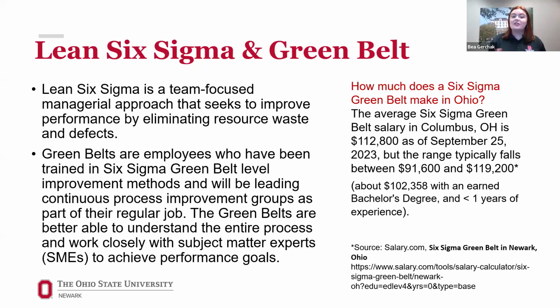All right, let's talk Lean Six Sigma and Green Belt certifications. Lean Six Sigma is a team-focused managerial approach that seeks to improve performance by limiting resource waste and defects. This means that students will go into the manufacturing industry, assess what needs to be eliminated, and how the company can reduce waste, and in return, that profit, that money that students are saving the company, could potentially go back